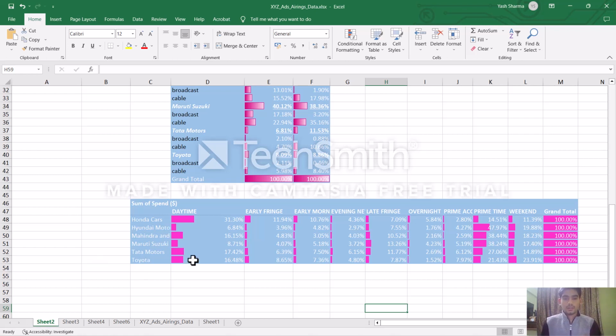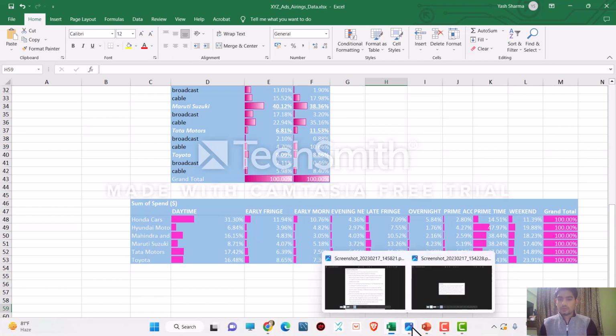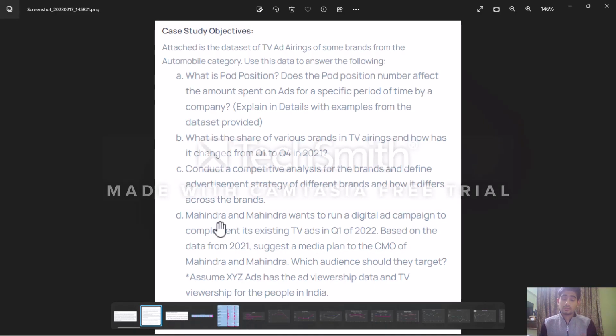Anyways, now let's jump to our fourth question, which is interconnected. Mahindra and Mahindra wants to run a digital ad campaign to complement its existing TV ads in quarter one of 2022. Based on the data from 2021, as assistant media planner to the CMO of Mahindra and Mahindra, which audience should